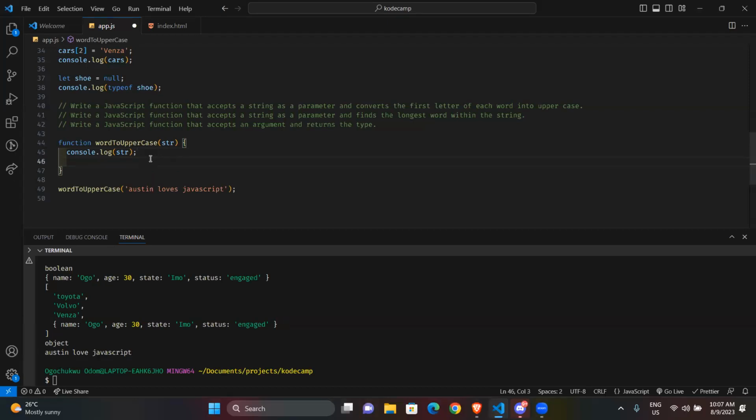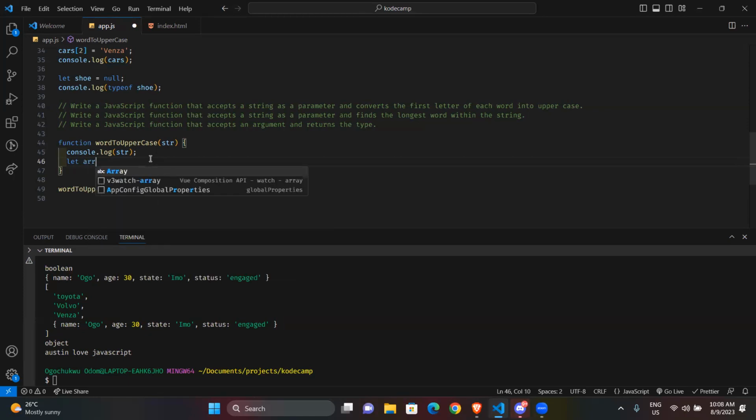Now I'm going to put a whole lot of console log so that you see the flow, how this is actually happening. So if I get a string and I break it down, I'm going to use split. I'm going to split it because I want to get each word. Depending on how you use it, split can break your string into different chunks.